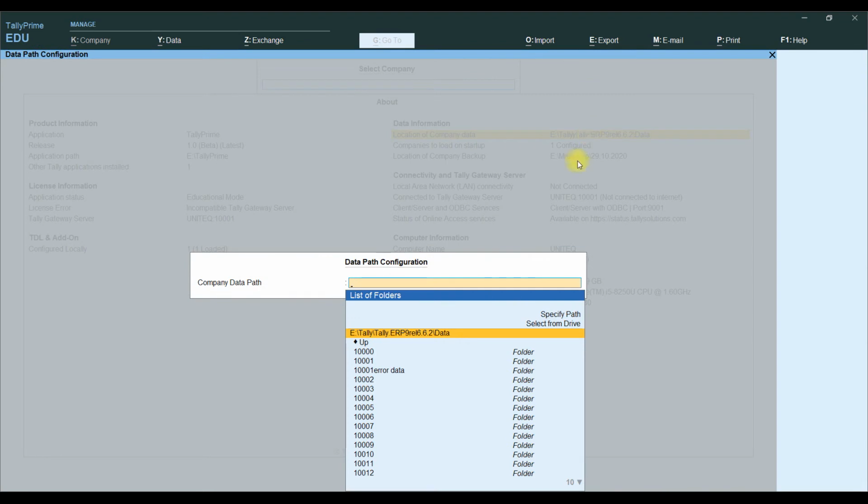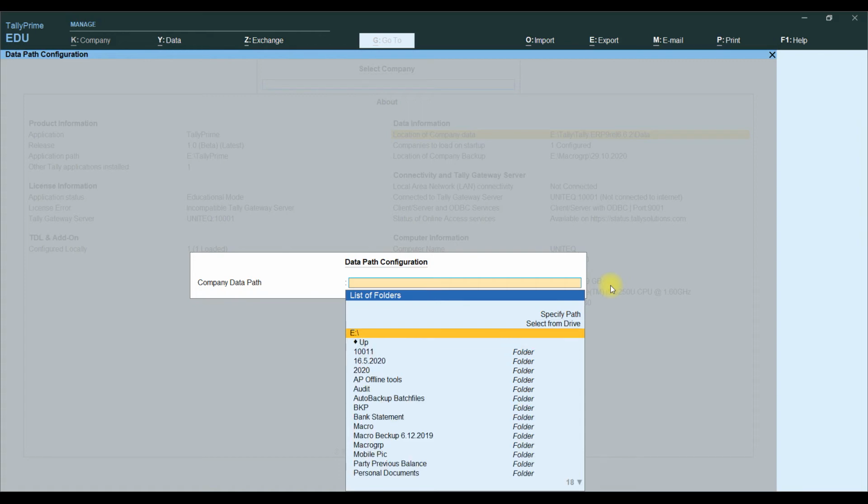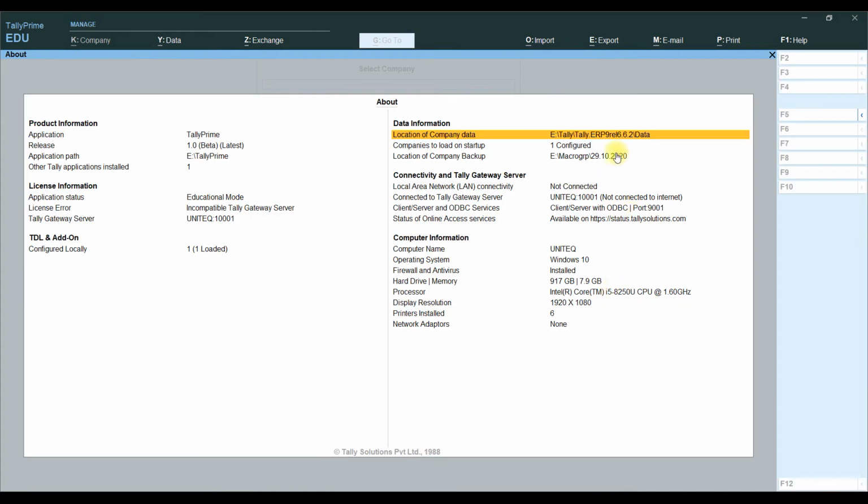You can define your own path by clicking the browse option, or you can specify the data location. Next, it will show you connectivity and gateway server and ODBC port number.